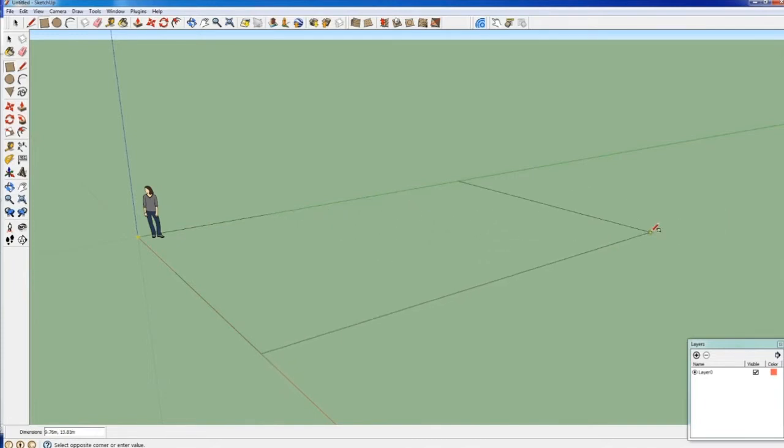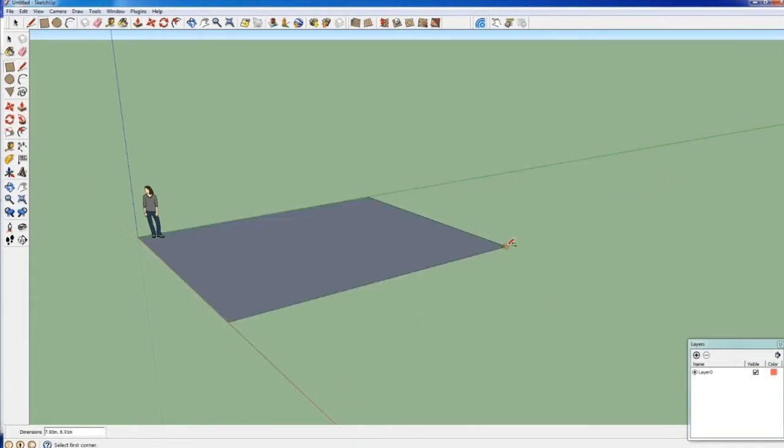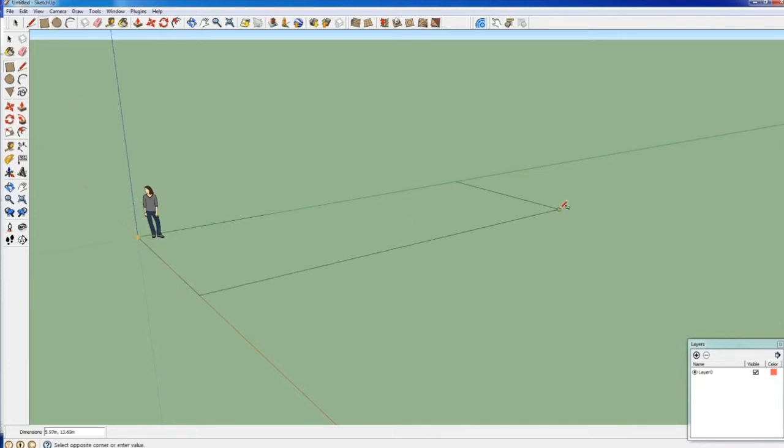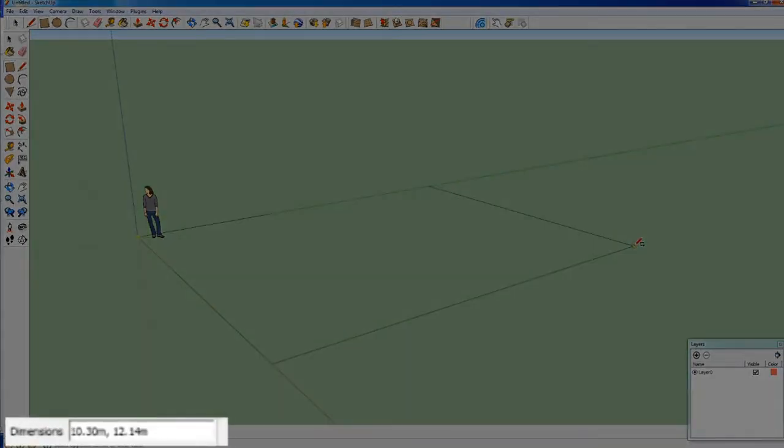I can now click again whenever I want, wherever I want, and then I can have an arbitrary shaped rectangle. But if I want to be more specific, I can go back, Control Z, and start again making a rectangle, and I pull away to the desired direction, but before clicking again, before finishing the rectangle, I can just release the mouse and type 12m,16m.